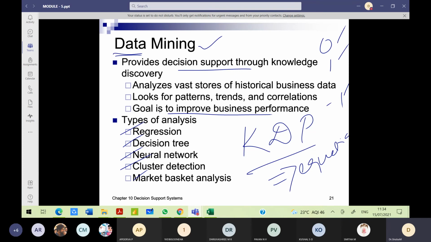Based on one variable value you determine the other, and you find out whether any relationship exists. That relationship can be directly proportional or inversely proportional. That is the inference based on regression. In regression you have different types: linear, multiple regression, and many other variations.